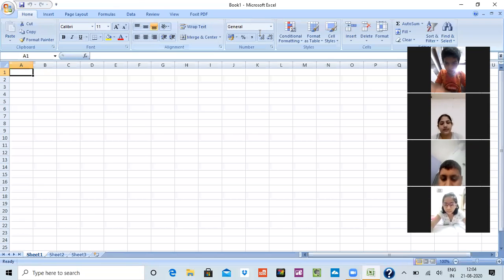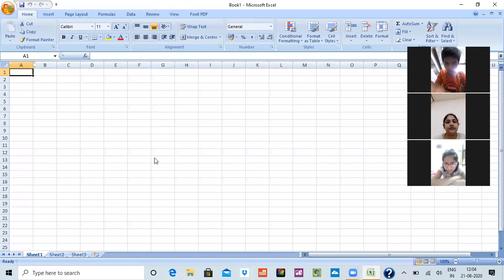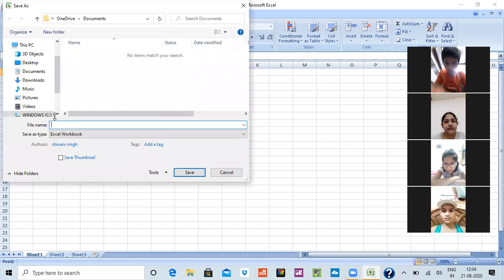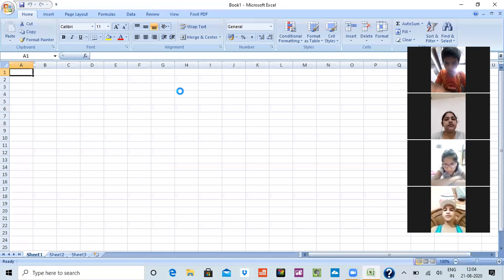Because here we write the name with which we are going to save our file. For example, we are going to save our file with the name class 6. And see, my name has been changed here and it is written class 6. So this is known as the title bar.